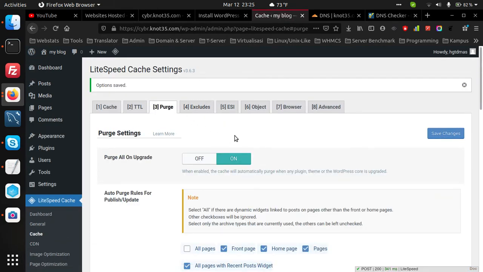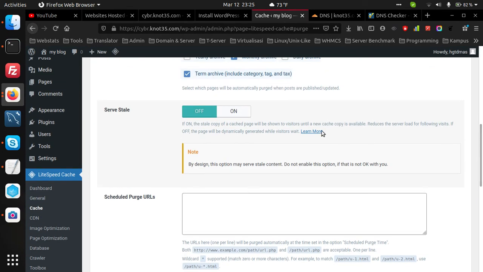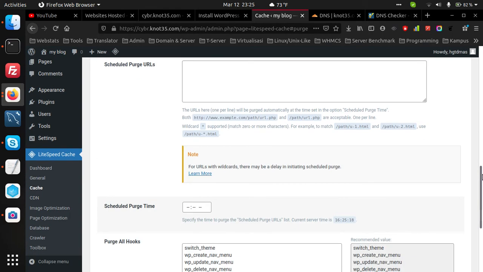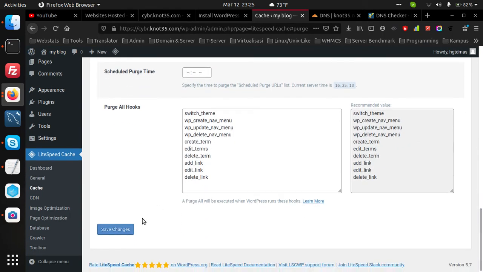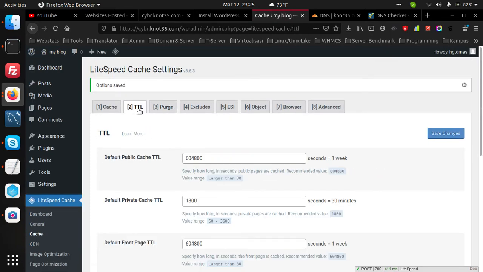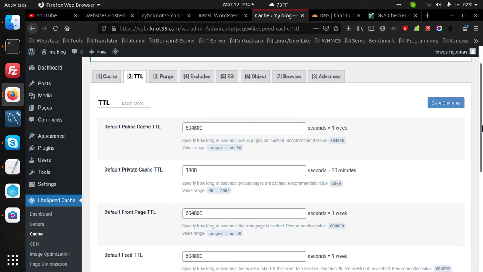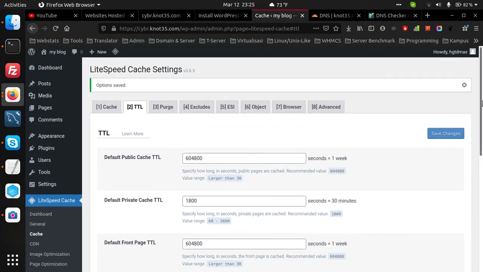And for the parser you can enable that, and save the change. For TTL, the current rule is fine, so we can ignore that.